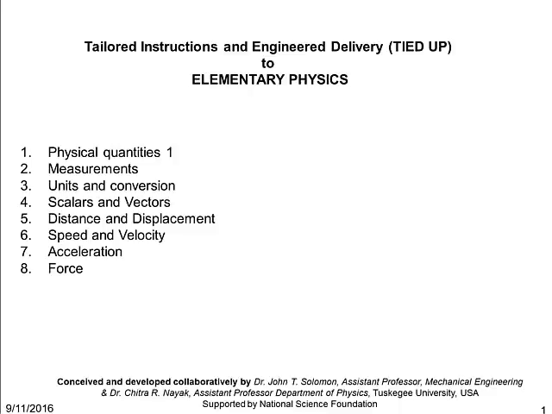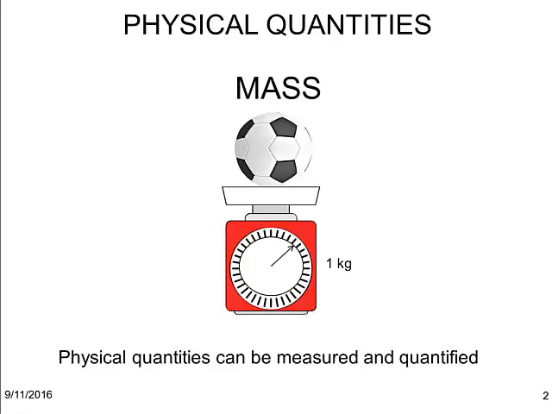In this video, we will learn what is a physical quantity. Every object will have physical properties which can be measured using an instrument, or calculated from other measurements, and hence be quantified. For example, the mass of the ball can be measured using a balance, the distance the ball moved